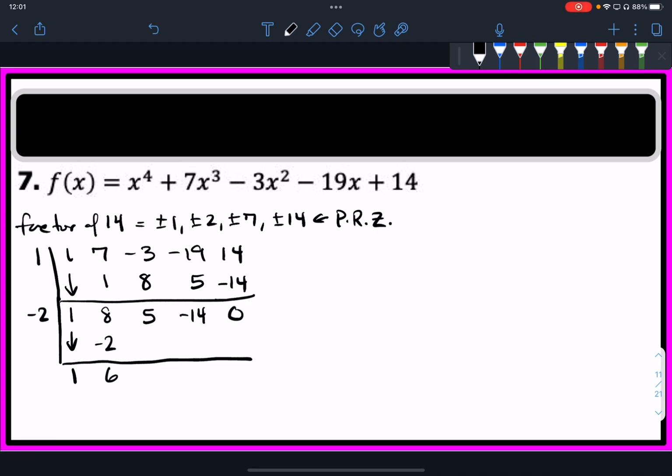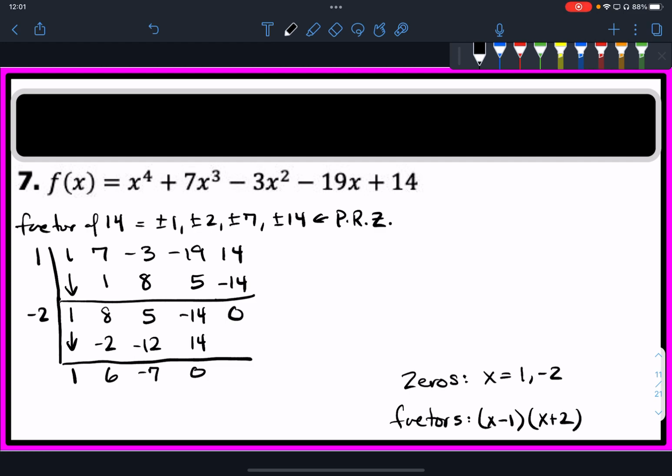This is 6, -12, -7, and +14. So there, I found one. +2 didn't work, but -2 does work because I end up with 0. So I found 2 of my zeros. I now know from the first attempt that x is equal to +1, and from the second attempt that x is equal to -2, I'm sorry. So that means that our factors are x -1 and x +2. Again, the opposite. So we're still missing 2 more,